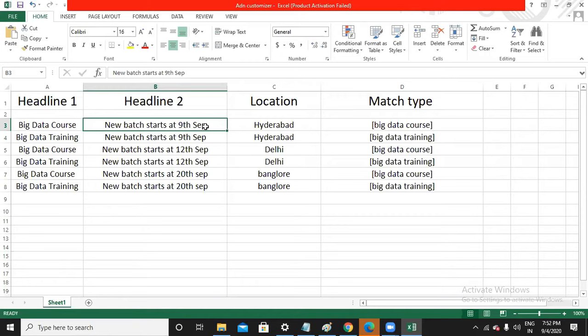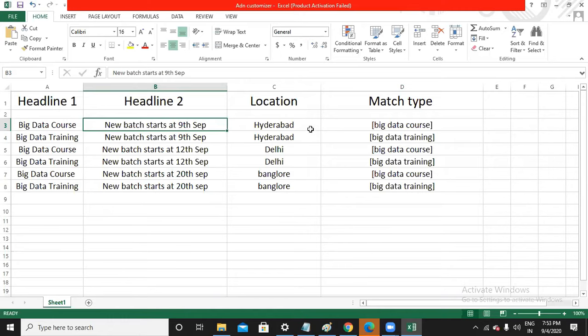So if someone from Delhi searches for a big data course, can I show a different headline? Is that possible when I go with a normal creation of campaigns? Tell me. In the normal creation of campaigns, I'll have a few ad groups and a few ads. That's it. In that, I can't guarantee what exactly Google will show to my audience, whoever searches from different locations. I can't guarantee. So that's the reason.